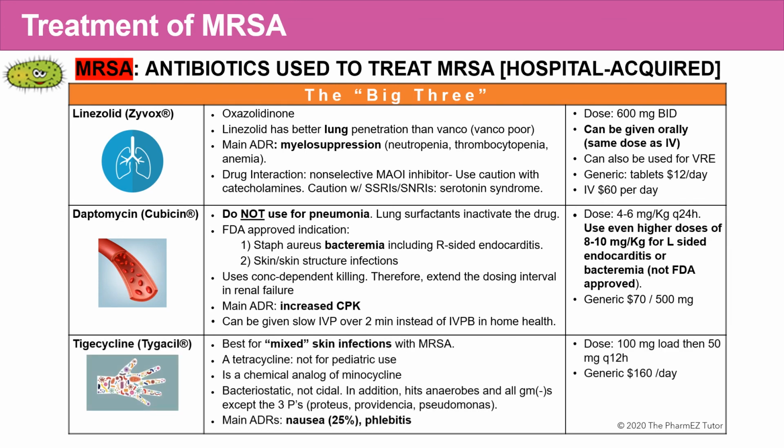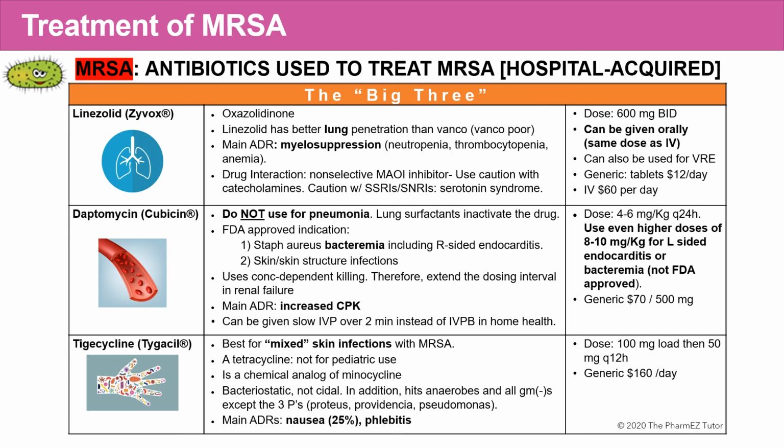The third choice of antibiotics that I want to talk about is tigecycline or Tygacil, and this is a great drug to use for skin infections, primarily mixed skin infections where you have both MRSA and other types of bacteria affecting the skin. It is a tetracycline, and it's not for pediatric use, and it's a chemical analog of minocycline. It is bacteriostatic, it's not cidal, and